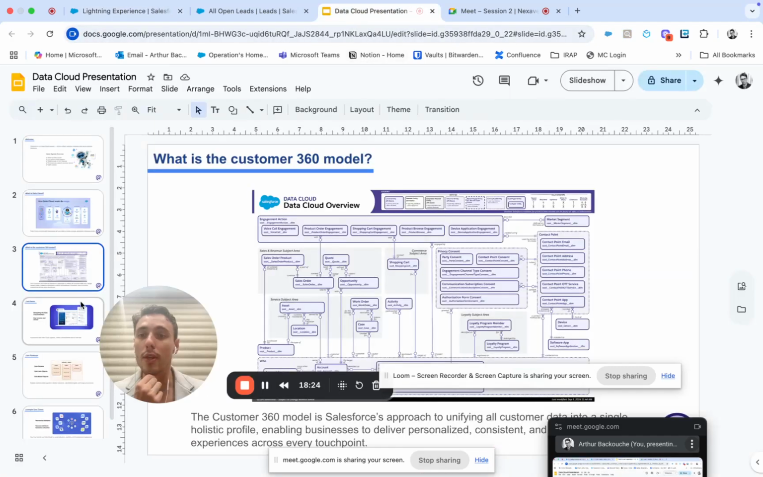Do you have any questions regarding the customer 360 data model object? Okay. And also, more importantly, if you don't have any questions, do you understand the way I explained what the customer 360 model is? Okay. So if we continue,